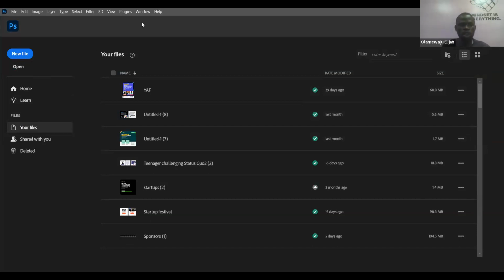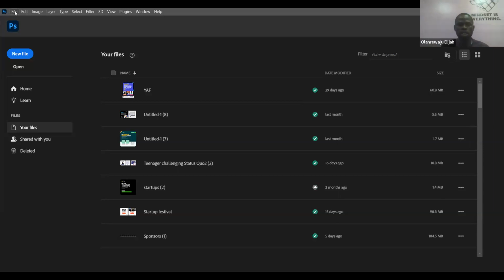So now, let me also tell you this. All these things that you see, all these menu bars, they have the purposes they are serving. And I'm going to be sharing a particular Photoshop tutorial with you after this class. So you have to watch it at your own leisure time so that you have a better understanding of the software that we are using today, which is Photoshop. So I will share a link with you after today's class, so you learn more about all these tools and how they work, because we don't have time for that.